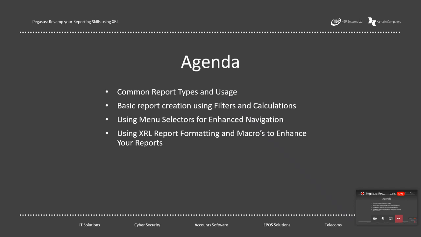What I'm going to do is have a look at menu selectors. So how can we make reports able to be used between multiple data sets? So it might be you've got multiple companies within Pegasus Opera 3. So if we're creating a report, what we don't want to do is continually duplicate that report. Let's create it so it can refresh with the live data of any of the companies that you have access